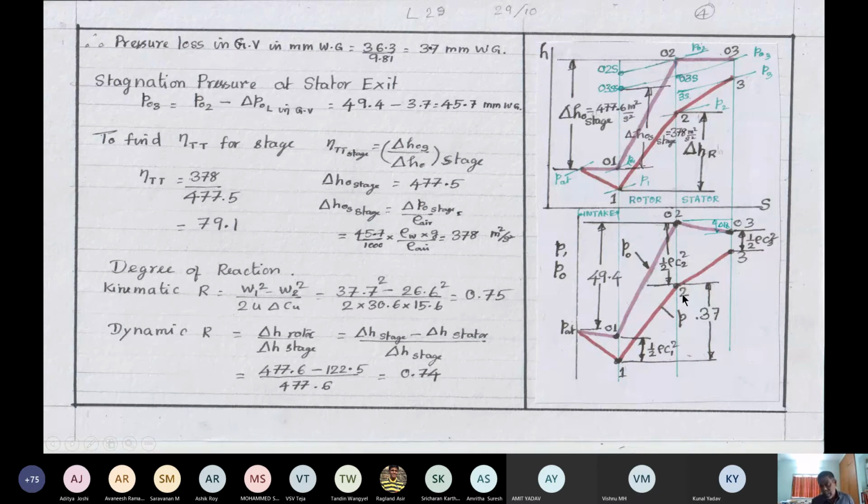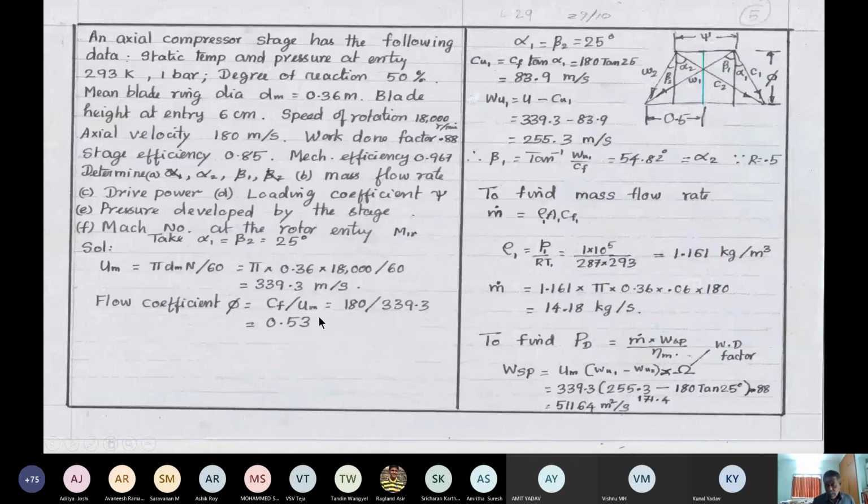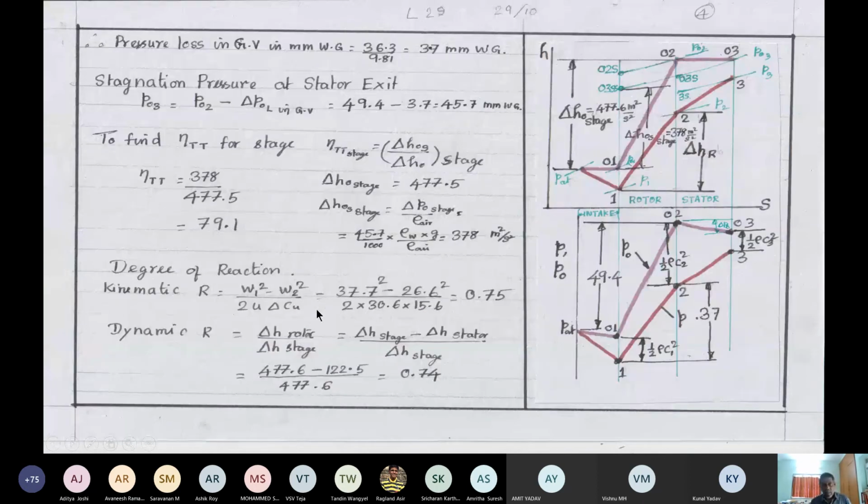Okay, so these two diagrams, one is the variation of enthalpy with respect to entropy, so that also gives all the processes, both static and stagnation. Similarly, one can think of how the pressures, both stagnation and static pressure, vary as you move along the axial flow compressor. Okay, so it's a little lengthy problem, but it's worth going through that. Many aspects of the calculation in an axial flow fan or blower are incorporated here. Okay.